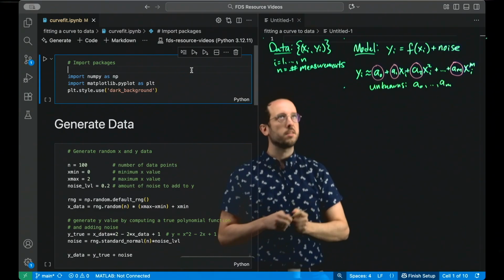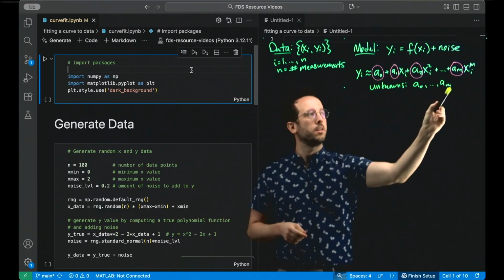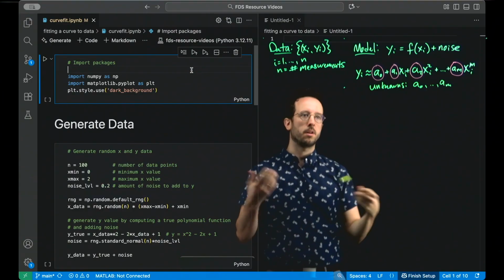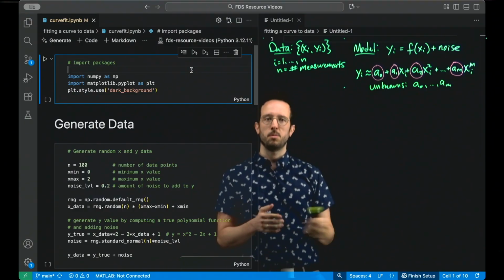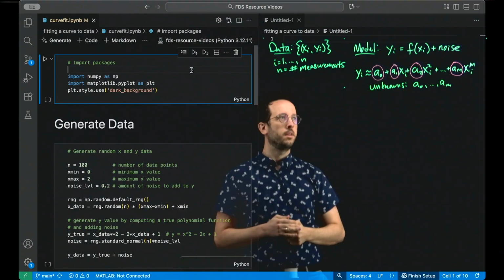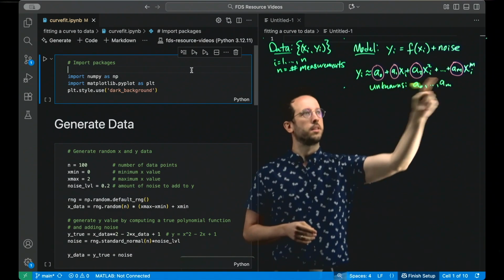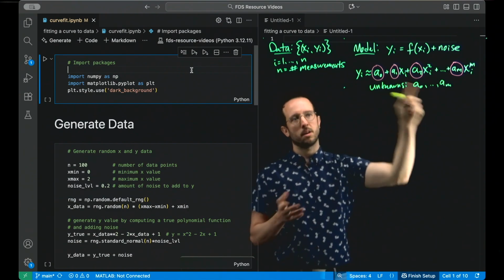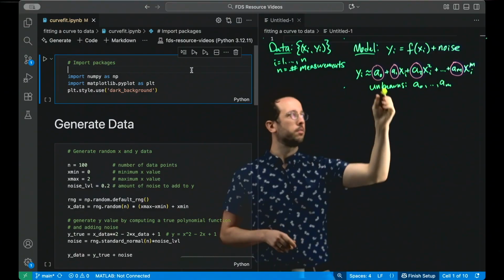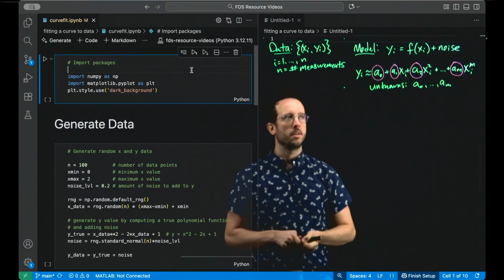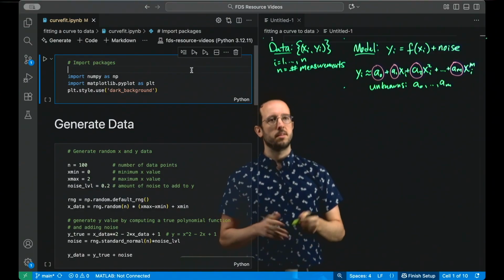Okay, so our task is to use the data to find coefficients of a polynomial that approximately describe the relationship between x and y. So how are we going to do this? Well, I said that these coefficients should have the property that this equality is approximately true for all sample points i. So we can set this up as a system of equations.